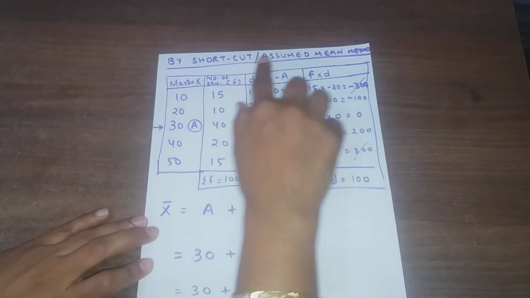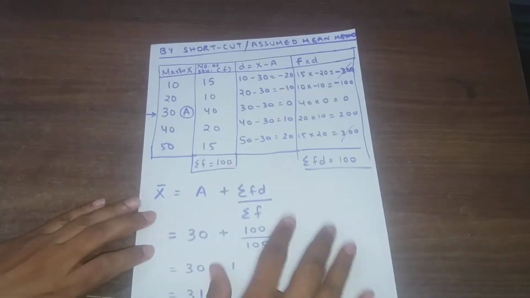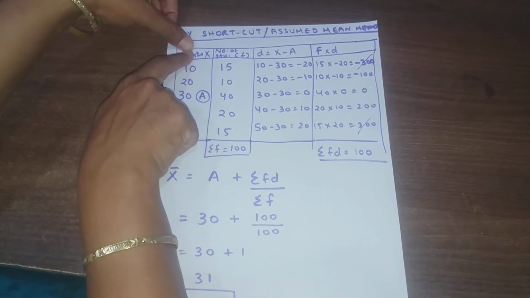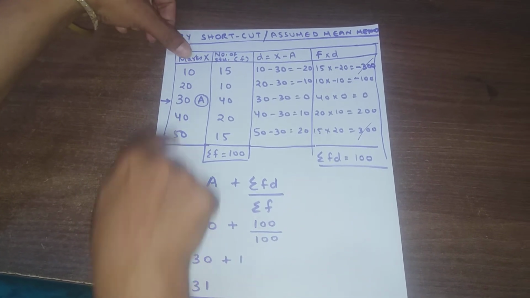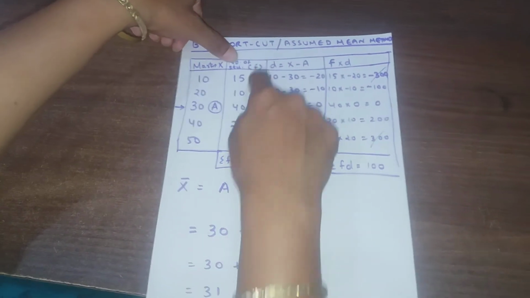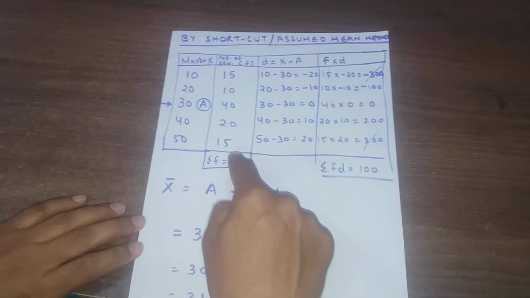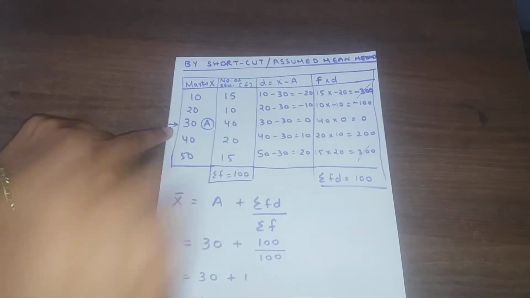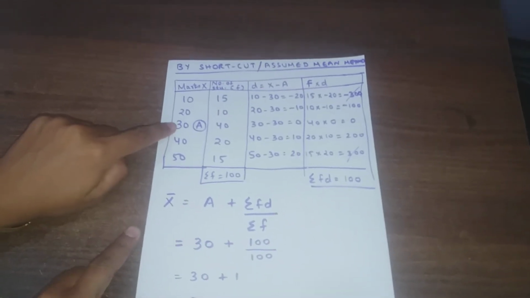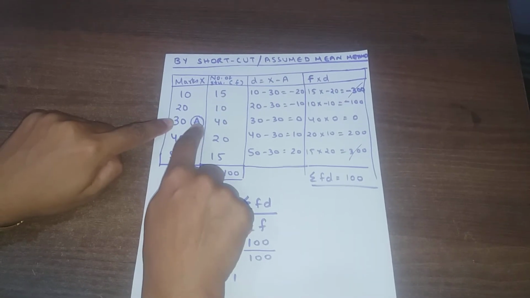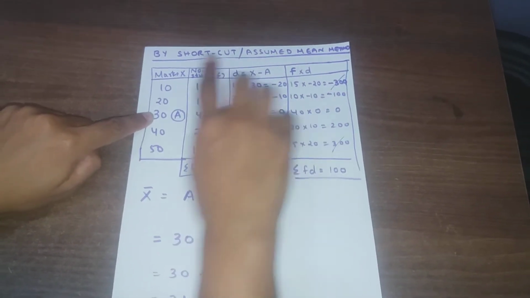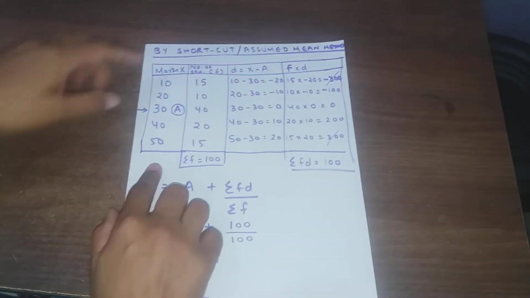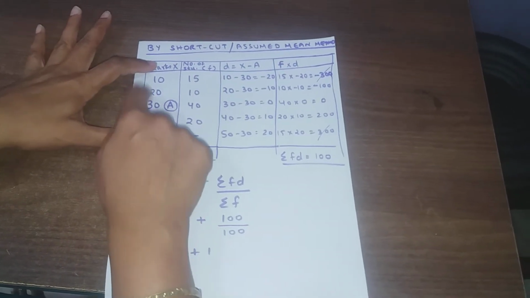By shortcut method, also known as assumed mean method, you need 4 columns in this case. Like you had written first column as marks x, that you will write, number of students f, that you will write. Now the difference is that you will select the middle x. So in the middle we find 30. So this is our assumed mean. You need d, third column will be d. D, how will you find out? X minus a. The same column you will be utilizing to find d.